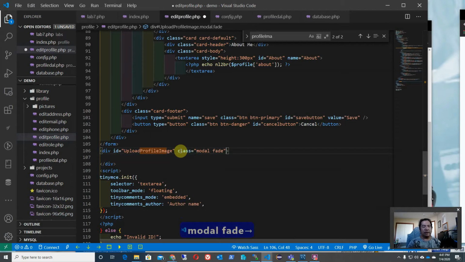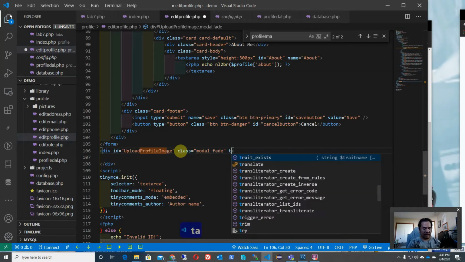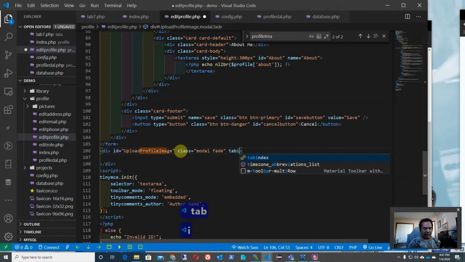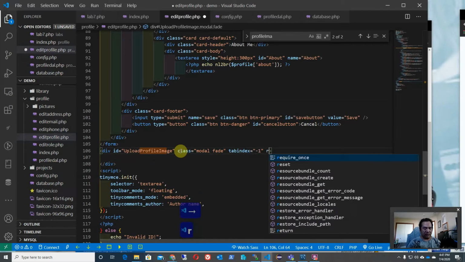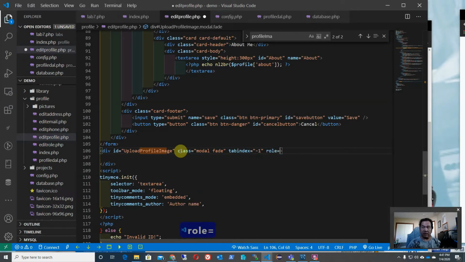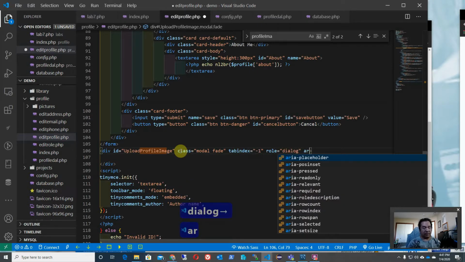This allows this particular div to act as a dialog and fades out as you press that button. Tab index is -1, so we want it to be on top. So this would be the way to do it. Role equals dialog. Okay, and then aria-labelledby